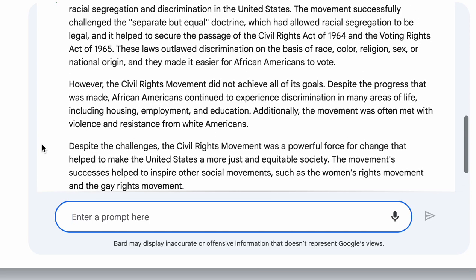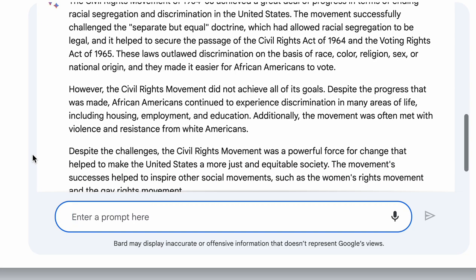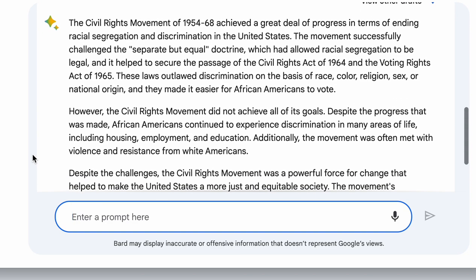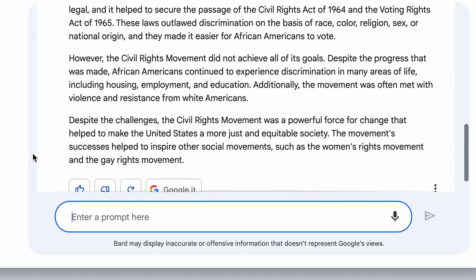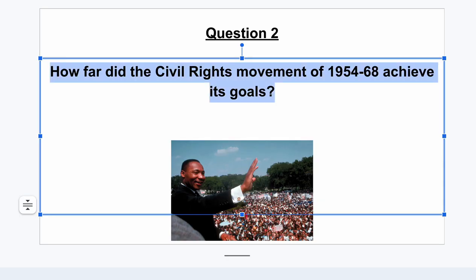That's interesting that it talks about those other movements. I don't think ChatGPT did that. Again, we're getting a couple of paragraphs, some more detail here. It does give some specific examples. It doesn't really go into levels of detail on the limitations. And it hints at the goals, similar to ChatGPT, but rather than setting them out, there isn't an introduction either that you'd expect. But it's a decent introduction to an answer.